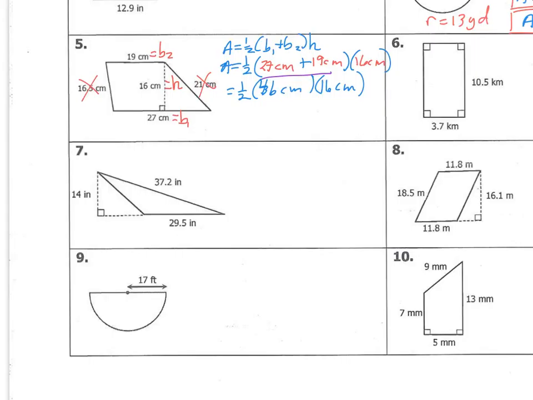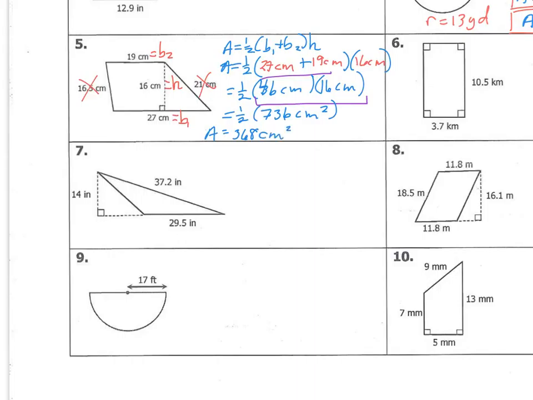You could take half of 46, or you could take half of 16, but you can't take half of both of them. So again, I would emphasize that you're going to multiply those 2 together first. So you've got 46 times 16, and so our area is going to be half of 736 centimeters times centimeters, which is centimeters squared. And then finally you can divide by 2 to take half. And so our final area is 368